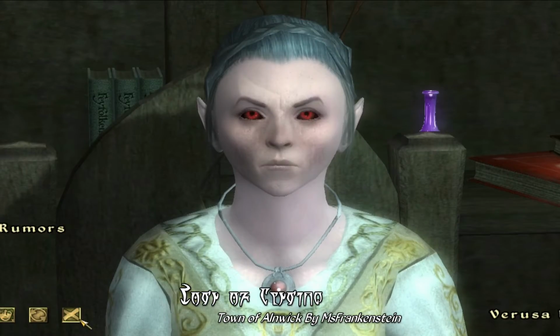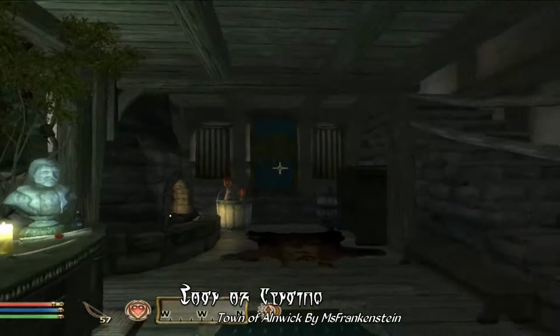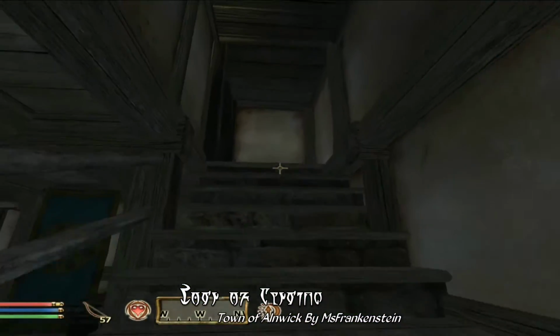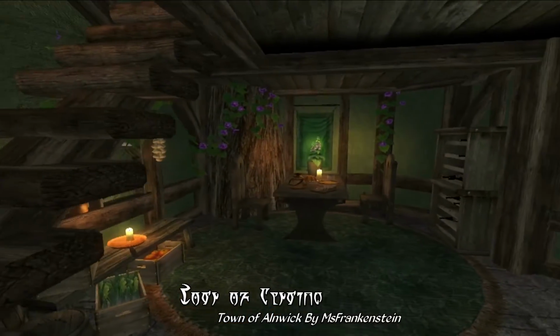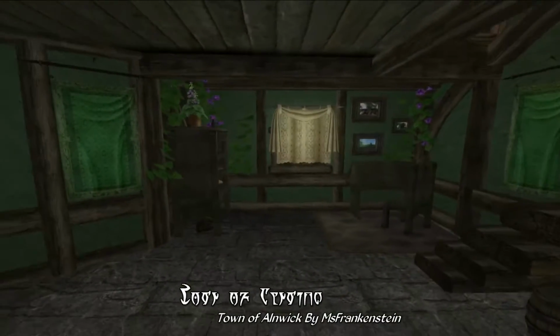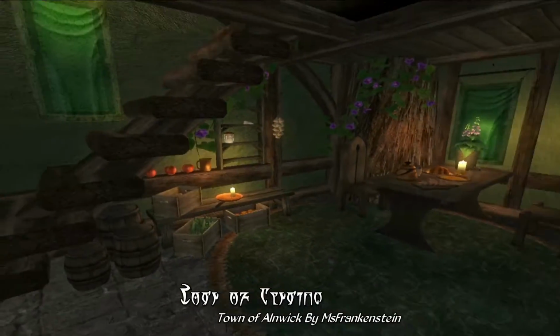But point is, there's a lot of goods and services for sale that make this a convenient village to stop in at after adventuring for a while. And there's also a player house that you can purchase from the bookstore. It isn't very big or anything, just a small cottage up on the hill from town with some nice views